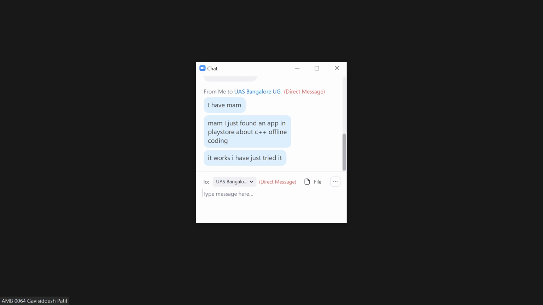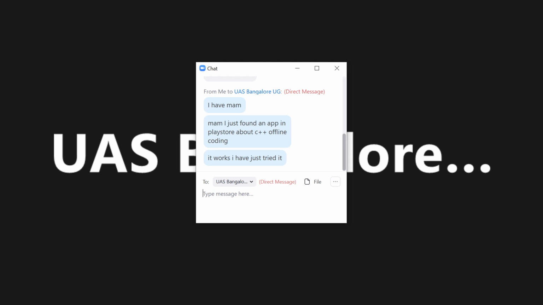I'll send the notes PDF, because the Windows part is anyway ready. I just have to format it a bit, and I'll scroll through once again in case there are any spelling mistakes. After that I'll share the notes. Maybe I have one or two email IDs. I'll share it to them, and they will in turn share it with you.